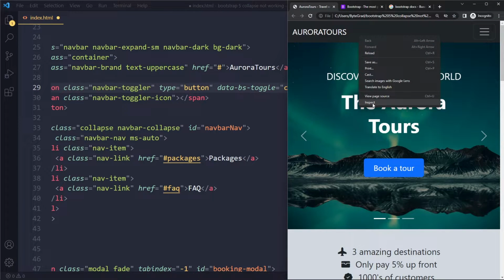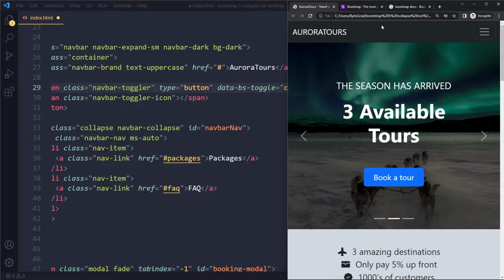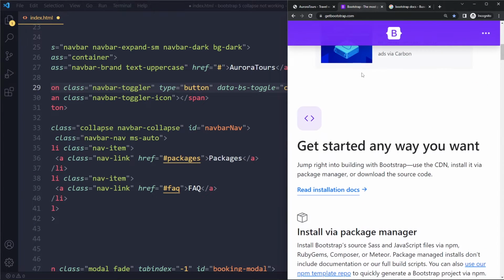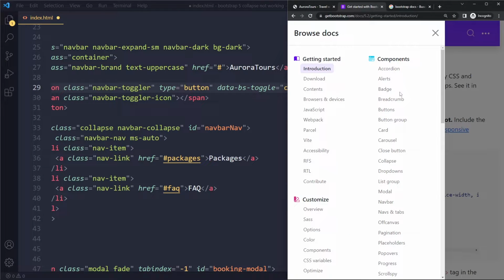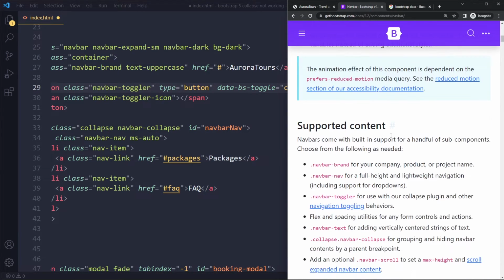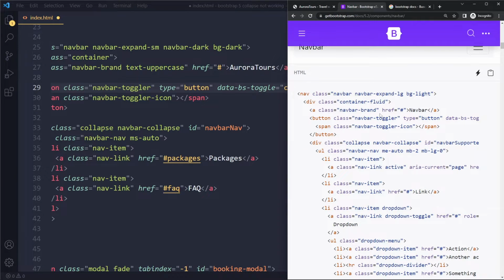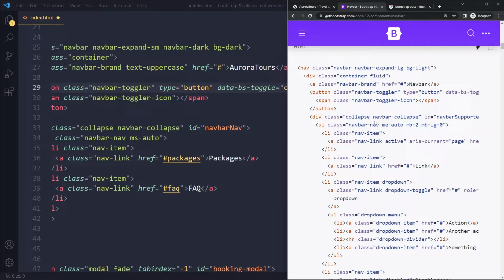If that doesn't work, you can also just go to inspect and check the console for any errors and just try to solve any errors that you see. And if that doesn't work, probably best to just start with the component from scratch. So just go to the docs, whatever component you're using. This collapse is usually used in the navbar, so that's why I'm showing you that. So in that case, you would go to navbar here. You would start from their examples, because you're not going to remember all of these classes. It's not good to start to code this from scratch because you're probably going to make mistakes. So better to just copy one of their examples and modify it to get exactly what you want,